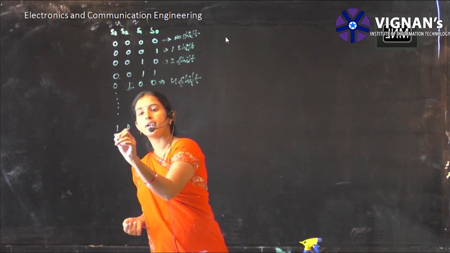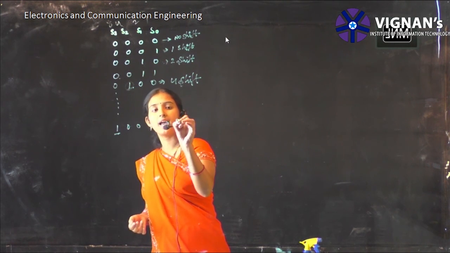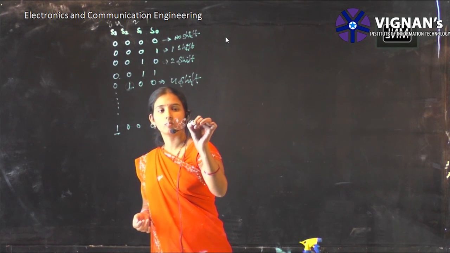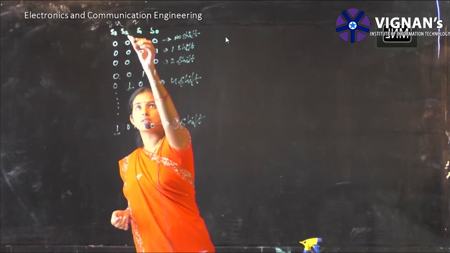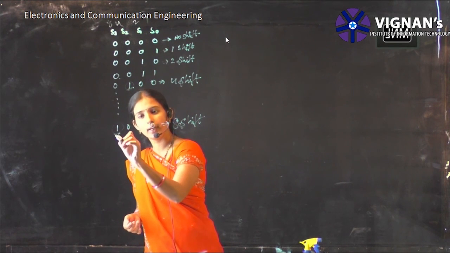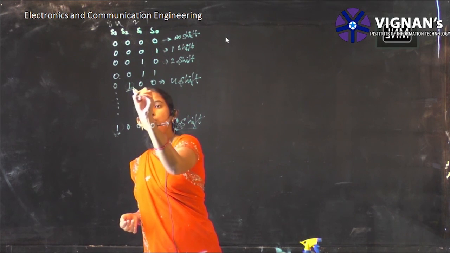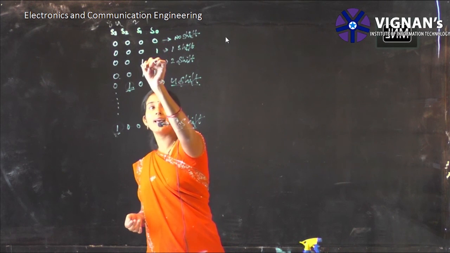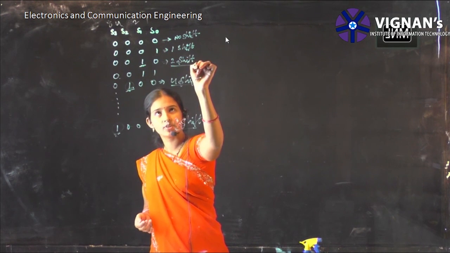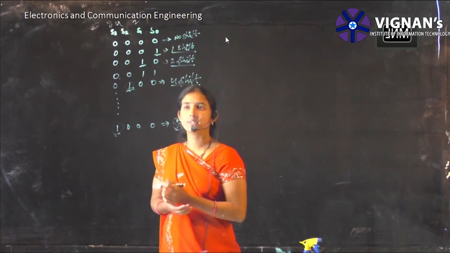Again, if you see here, S3 is equivalent to 1. That means here you will be having 8 shifts. So depending upon your bits, if S3 is equivalent to 1, that means 8 shifts have occurred. If S2 is equivalent to 1, it indicates that 4 shifts have occurred. If S1 is 1, it means 2 shifts have occurred. If S0 is equivalent to 1, that means 1 shift has occurred.